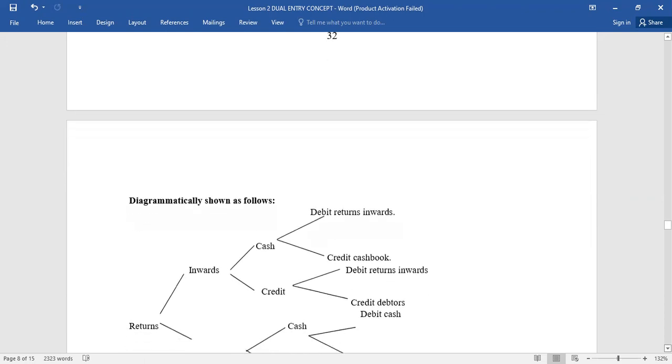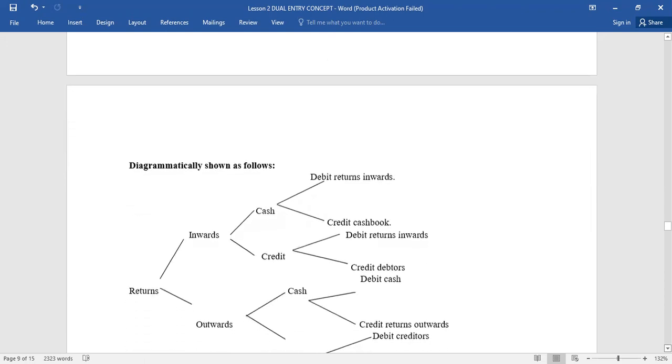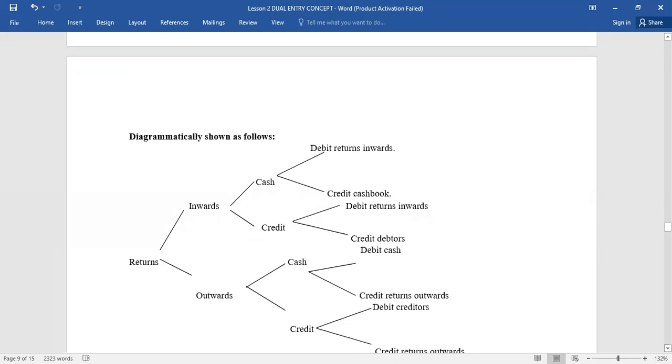So this is how we treat the return inwards and return outwards. You can see what I was saying. If they are cash in nature, we debit return inwards, we credit the cash book, or the cash account. If they are of credit nature, we debit return inwards account, we credit the debtors account. And if they are return outwards and cash in nature, we are going to debit the cash, credit the return outwards. And if they are credit in nature, we debit creditors simply because they are